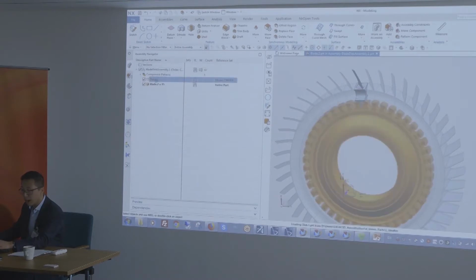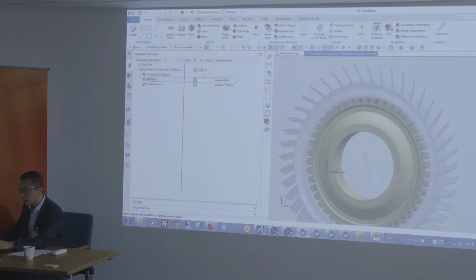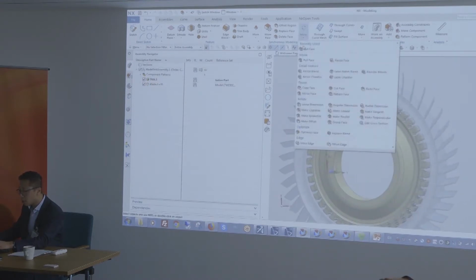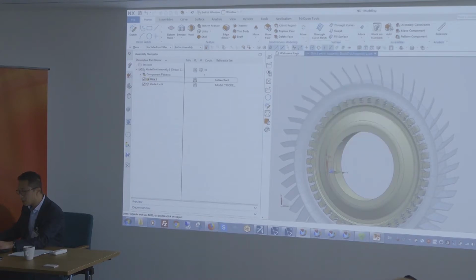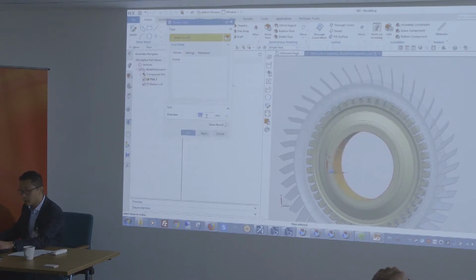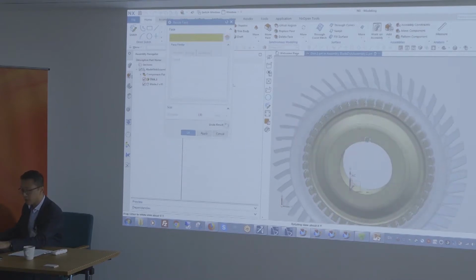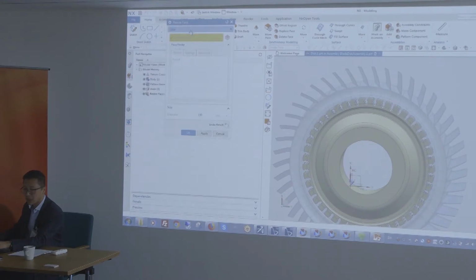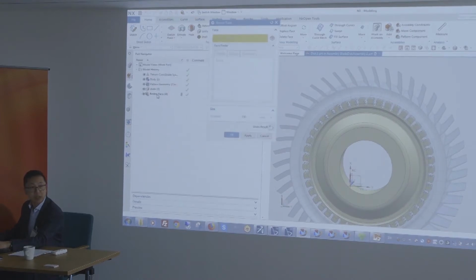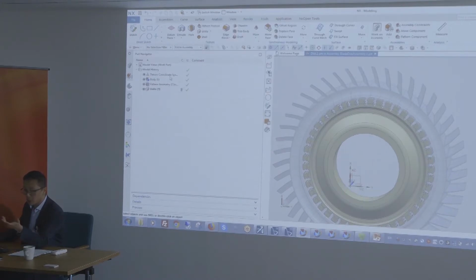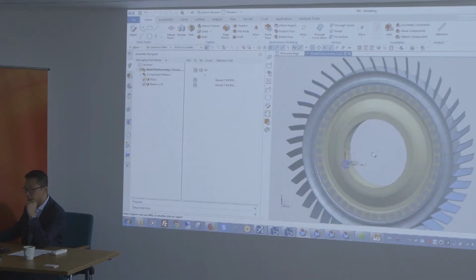Same thing, I could go back to my disk here, right? And let's say I'd like to resize my face. So that's kind of a hole. I note that's currently 188 millimeters. I could decide, hey, I want this smaller. I can resize the face, and the operation is saved in the part navigator. Okay, so in terms of CAD capabilities, there's everything you need to be creative, and then you're back at your